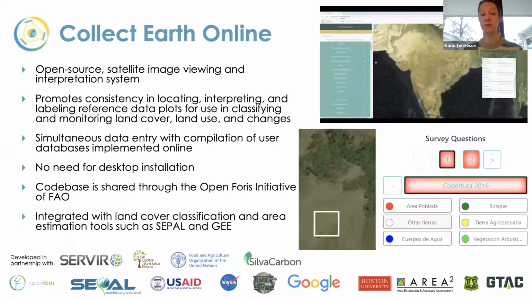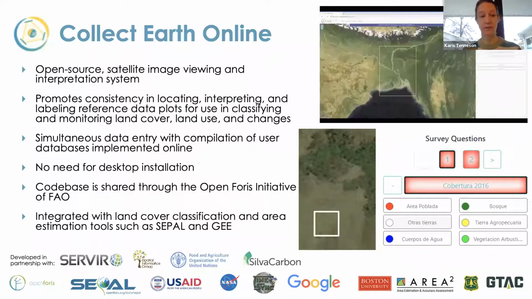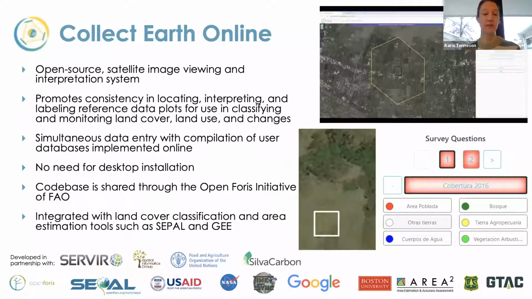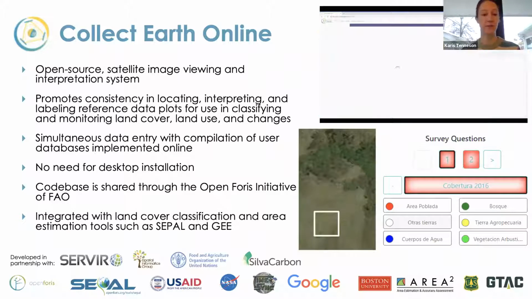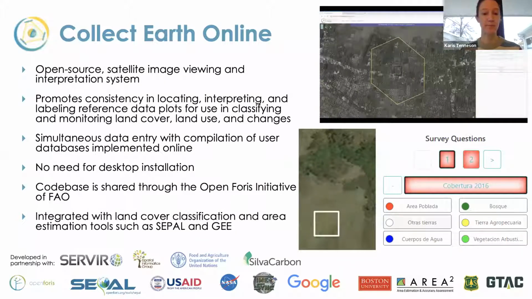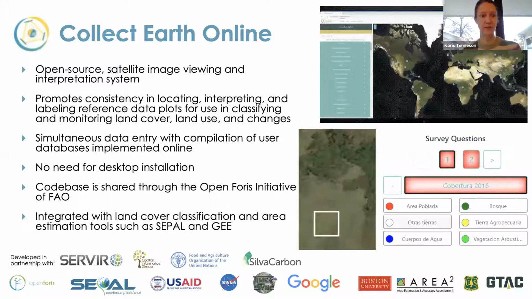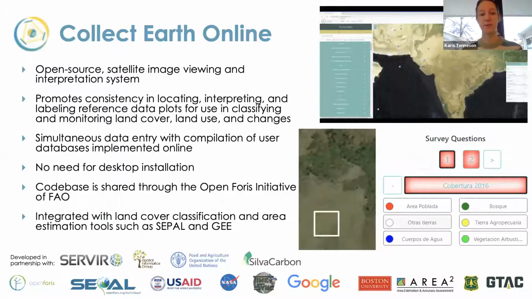It's all online, so you don't need to install anything on your desktop. And then because it's all saved on the cloud, you don't have to gather everybody's labels and recompile them after they're done. So it's powerful in that way. It just does a lot of the database management for you. So if we go to the next slide,